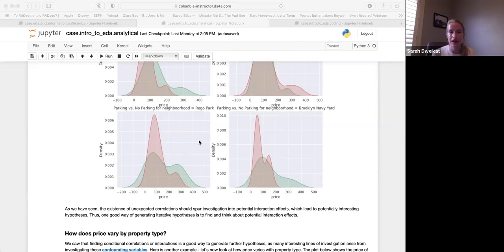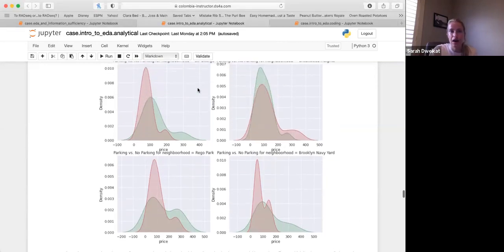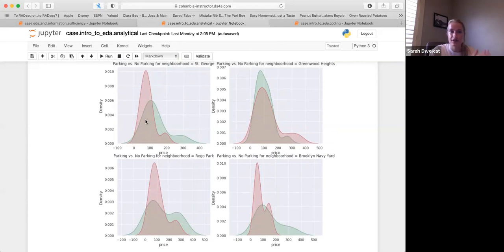And so that's also why it's important for us, working for Airbnb in this case, to figure out what variables affect price the most, and help them with price setting, as Airbnb is also very interested in what the accurate price should be. So the red and green areas here are parking versus no parking. Red is no parking, and for this neighborhood, most of the values for the price with no parking are around this price here.